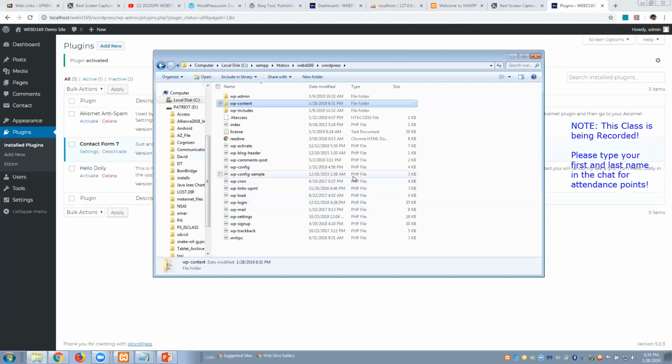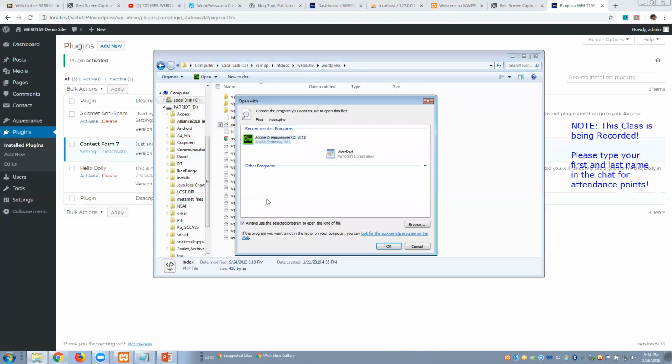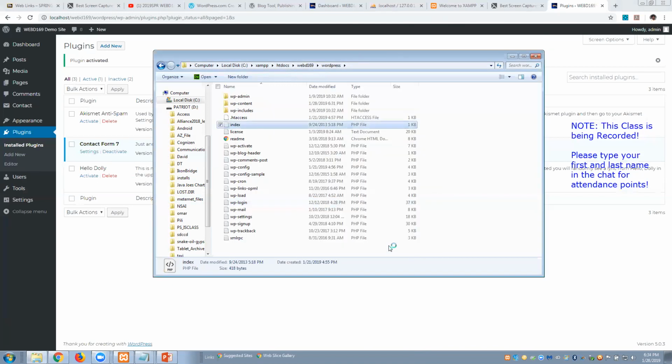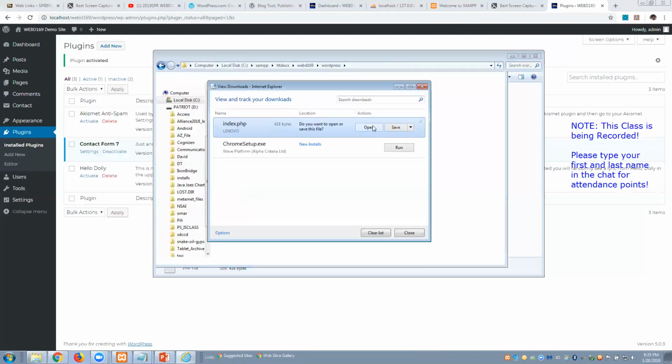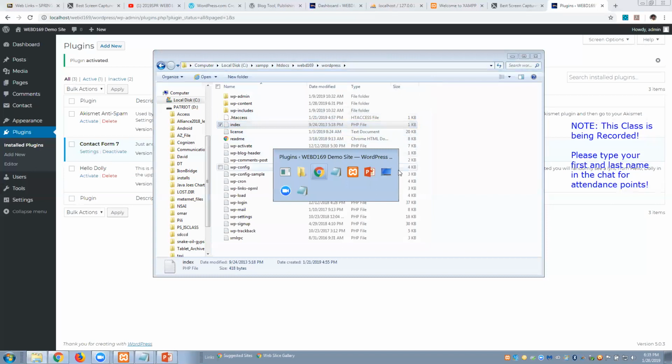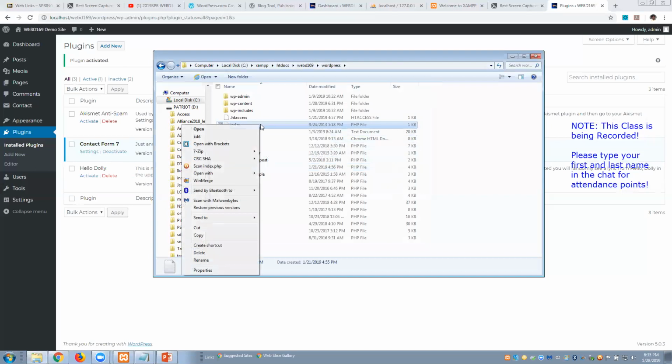Well, if I have a PHP page, let's say this one called index.php, and I open it up directly in a web browser, let me see if I can find a way to open it in, let's say, Internet Explorer. Well, that's a README file, I don't want that one.